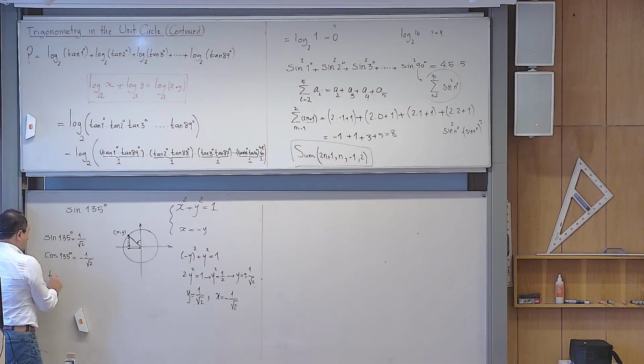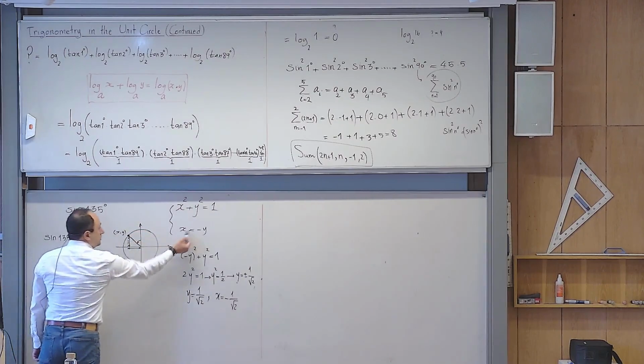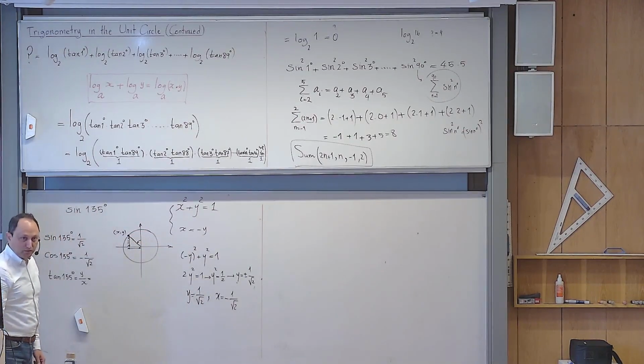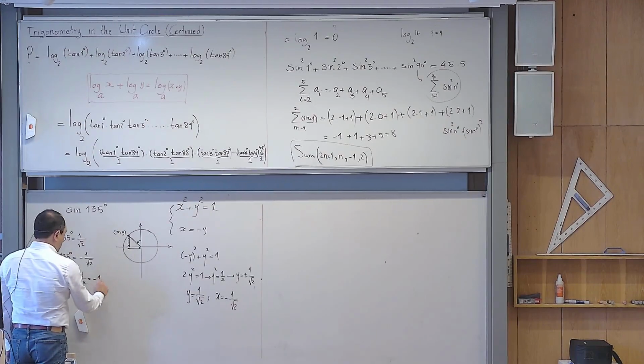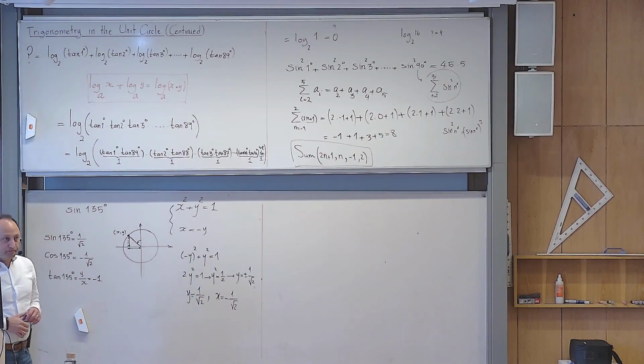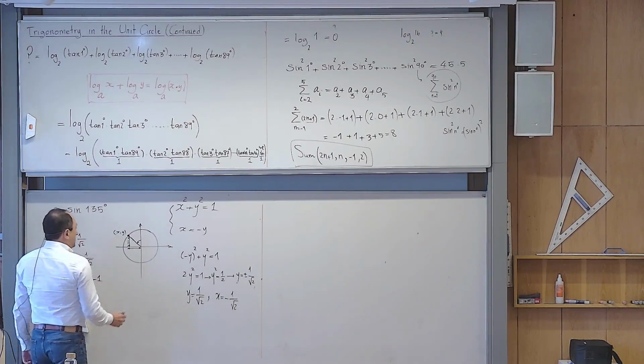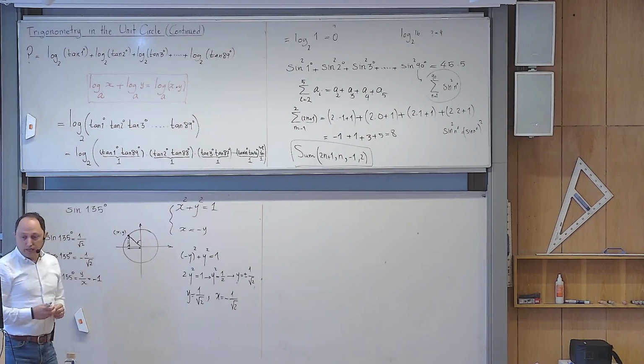And then tangent is what? It is y over x. Do you remember? So y over x, they are opposite of each other. If I have two opposite numbers, when I divide them, it becomes negative 1. And those are the numbers that we have there. Is that clear? Okay, this is one way, but I want you to learn a different way. Okay? So, from the list of tables that we have here,